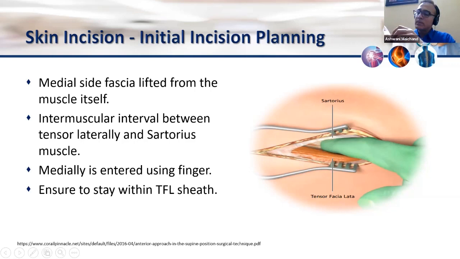Important point here is that many surgeons who will be starting anterior approach might find differentiation or identification of plane between tensor fascia and sartorius difficult. So the easier way is that you put the limb in external rotation if it is possible. It is not possible in all the patients, especially with stiff hips. If you can put the limb in like a figure of 4 position or slightly external rotated and flexed, the plane between the TFL and sartorius becomes very prominent, especially in the lower half of the incision. So you can start from there, at least identify the muscles and then give the incision in the fascia. It makes your life easier.